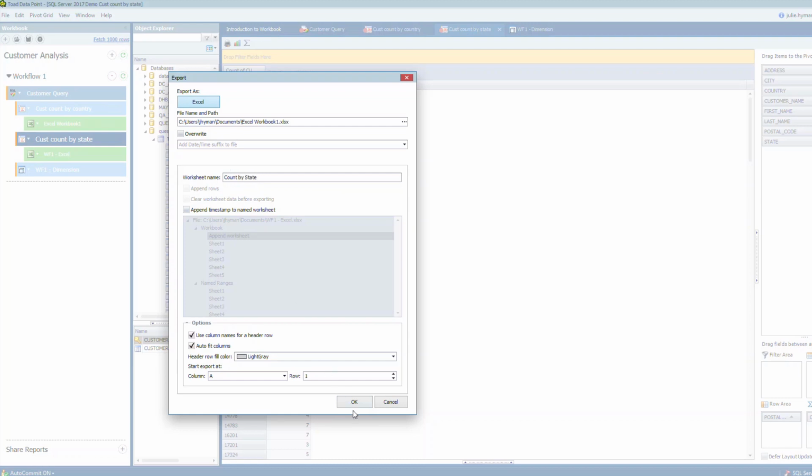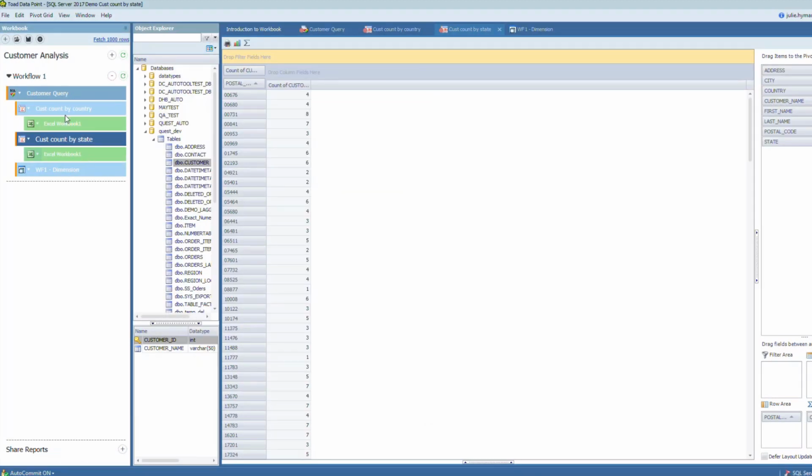So you can continue to go through this whole workflow and continue to add items to this hierarchy. And we'll go in much more depth on this later. The takeaway from this video is it's a new way of interacting with all of the great features in Toad DataPoint that is a nice simplified UI and allows you to build a hierarchy of data.